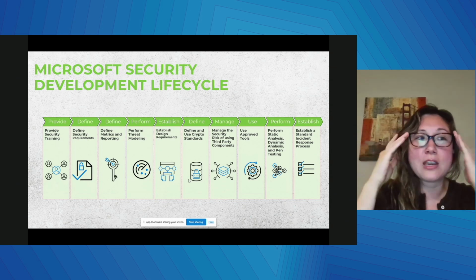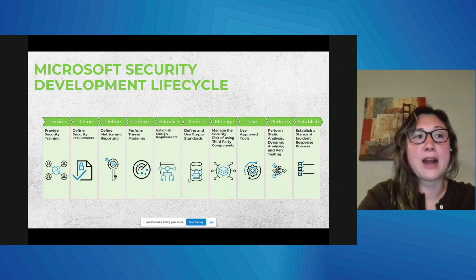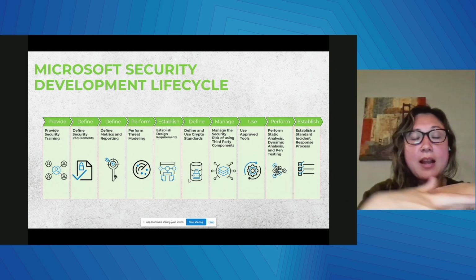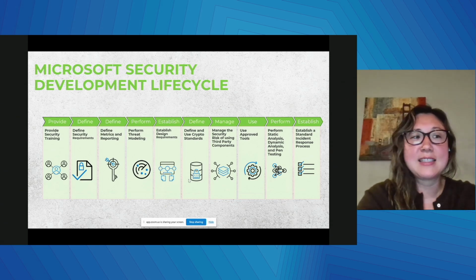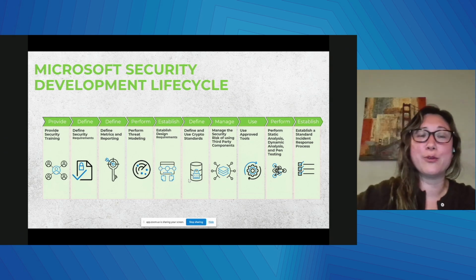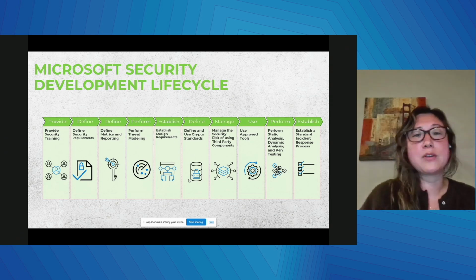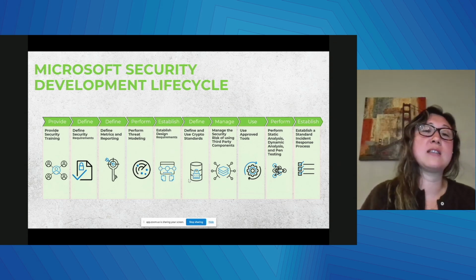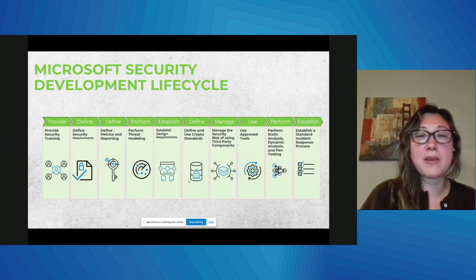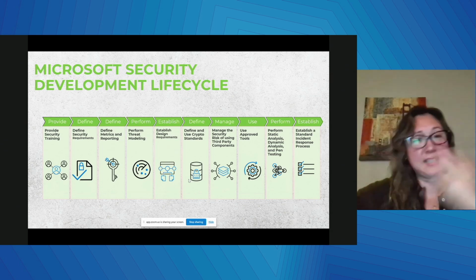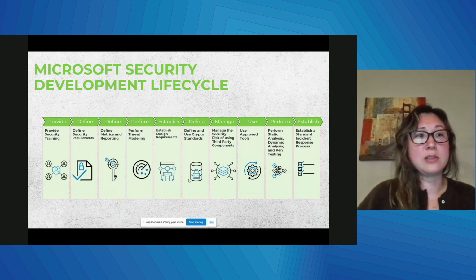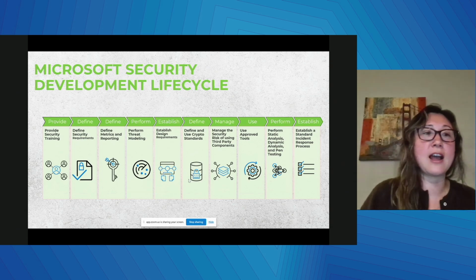So let's talk briefly about what the Microsoft SDL practices are. It consists of practices that support security assurance and compliance requirements. The SDL helps developers build more secure software by reducing the number and severity of vulnerabilities in software while reducing development cost. It's a process to help developers get instilled with security processes from the beginning, from code to dev to pipeline to deployment to testing, and so on. So let's go through it at a really high level.